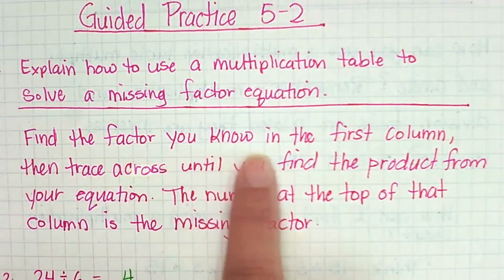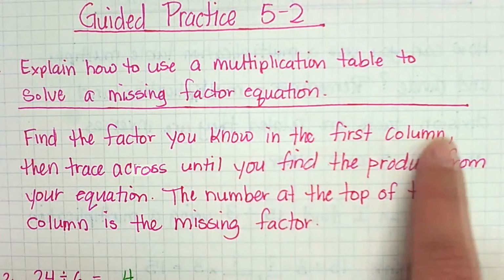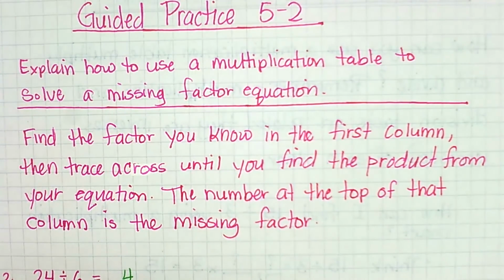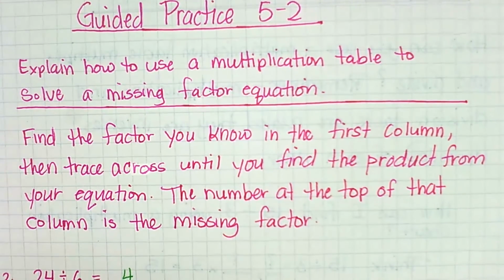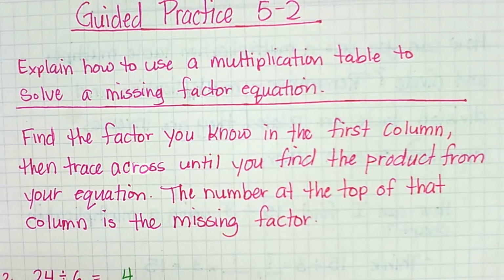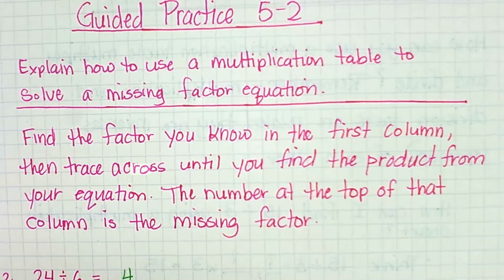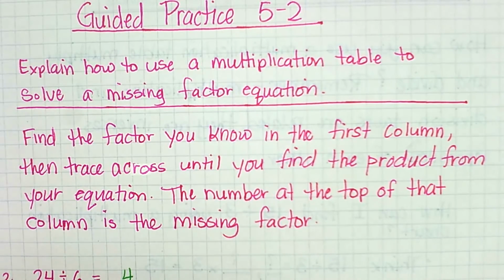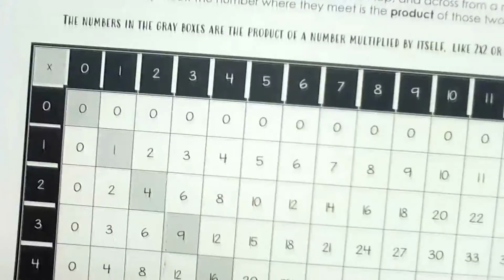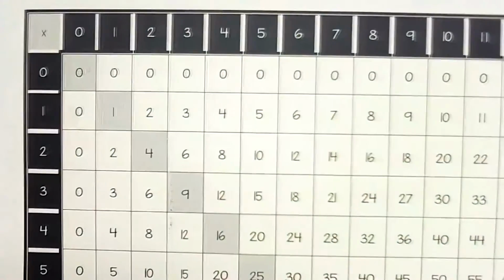So we can find the factor that we know in that first column. And then we can trace down until we find the product that we're working with from our equation. And then the number that we get to when we trace across from there is going to be our missing factor. So if we have our multiplication chart again, if I said